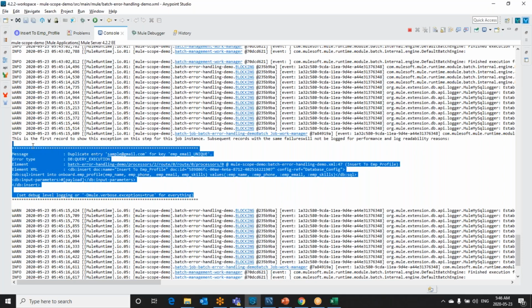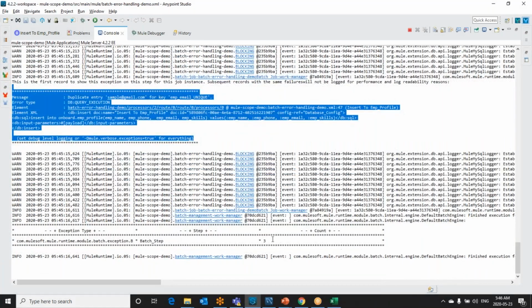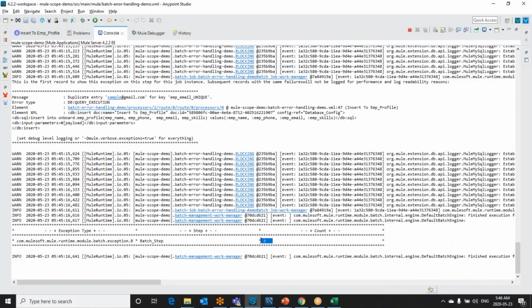That means Mule internally is capable of avoiding duplicate stack messages of errors. Then it can show you how many times it happened, right? So this particular exception type has happened 3 times. This way, Mule internally handles the stack trace messages of errors while printing in the console.